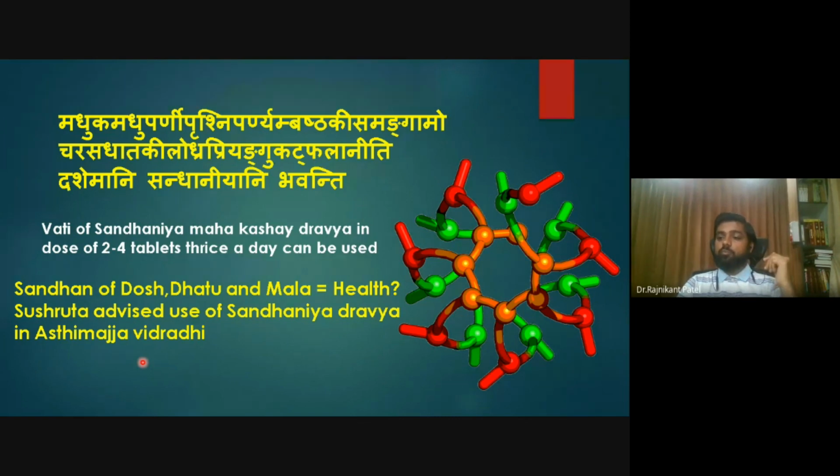sperm and ovum. Every report is coming normal, but the couple is not getting conceived. So we must try Sandhani Dravya. Recently, we have shared one case of aortic dissection. The major aorta coming out from the heart gets a tear, and the whole blood is accumulated in that. In that case, we used this Sandhani Mahakashaya to repair the torn layer of this aorta,